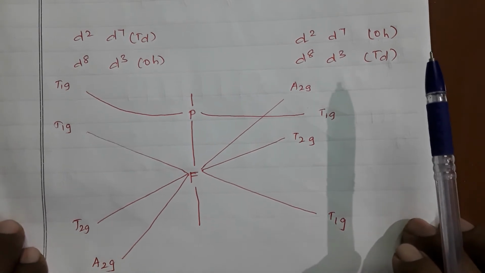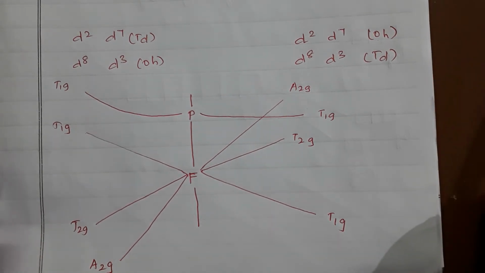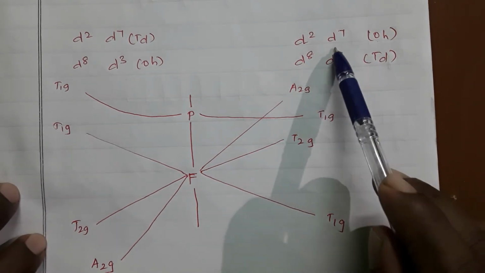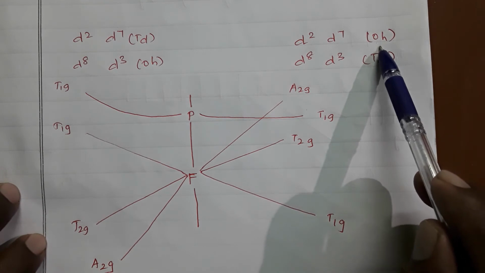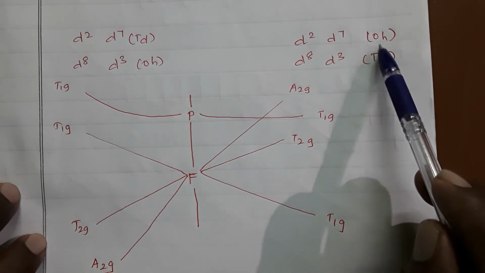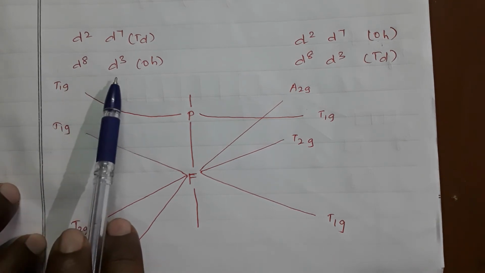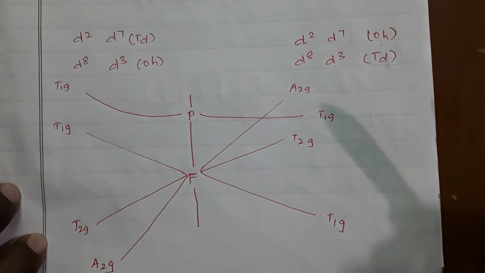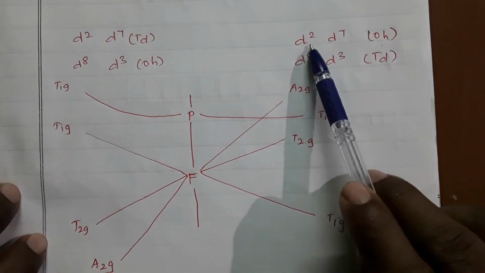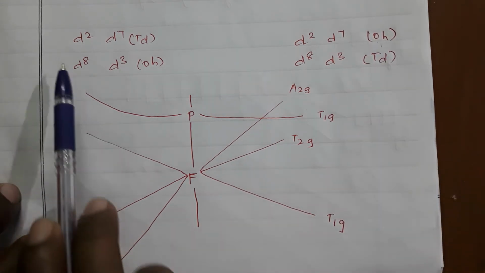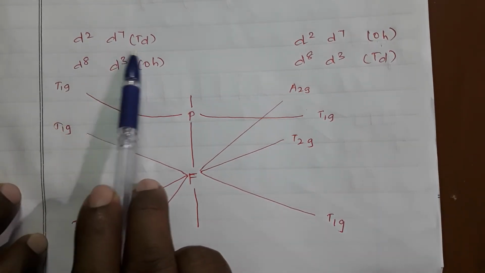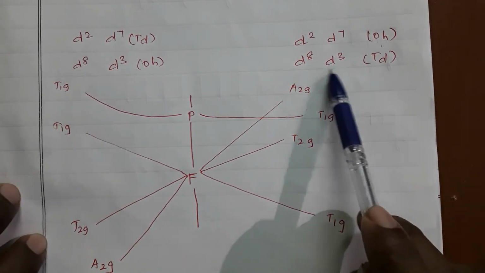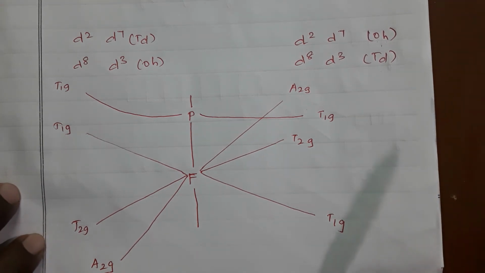Here is the representation of the orbital diagram for d2, d7, d8 and d3 configurations. Already you know that for d2 and d7 we are taking the octahedral. When we take the hole formulation, you get d8, d3. There is an inverted form. This is also octahedral. We know that octahedral is the inverse of tetrahedral. d2, d7 in octahedral is the inverse of d2 and d7 in tetrahedral. Here d8 and d3 in octahedral, when inverted, you get d8, d3 on this side, which is tetrahedral.